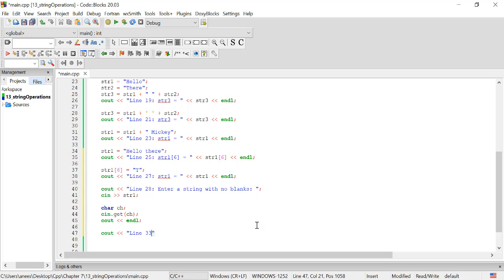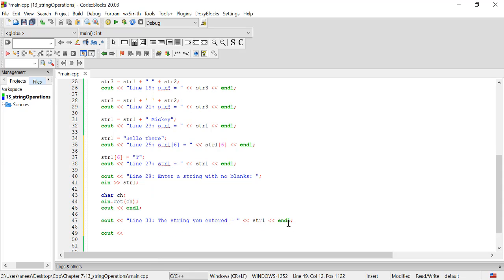line 33. The string you entered is equal to string 1, and endl. And then we write cout